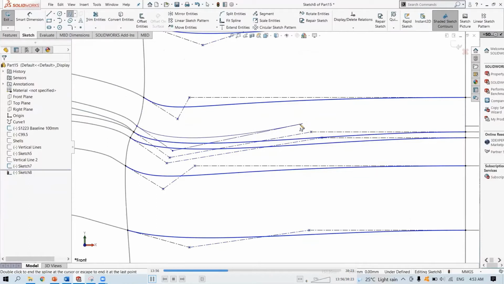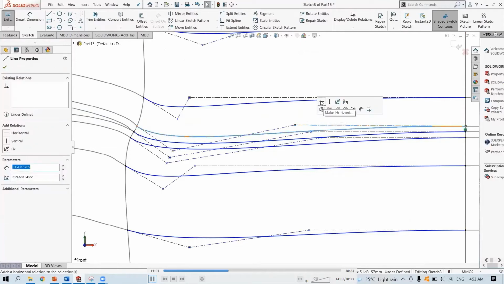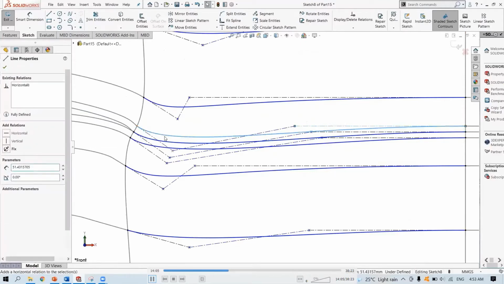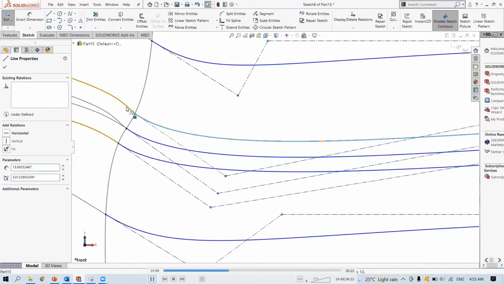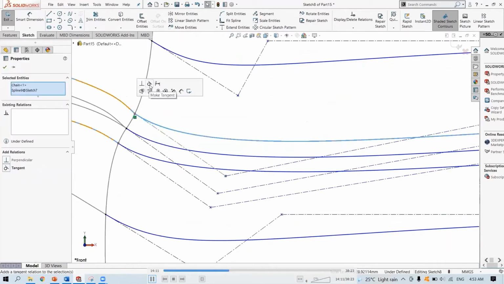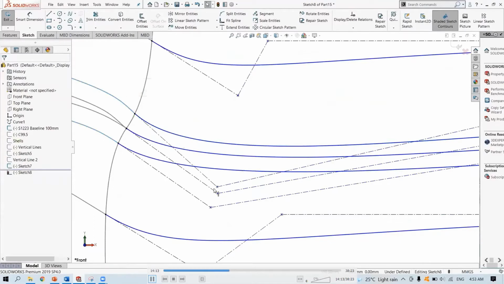Plus 1. Horizontal and tangent again. Just move it up.